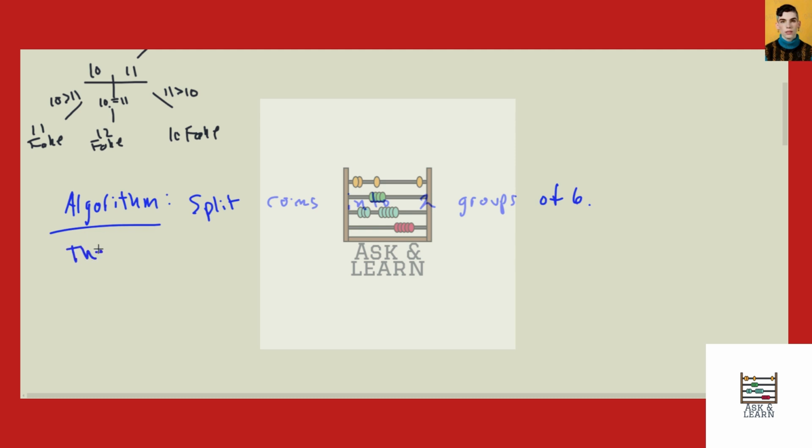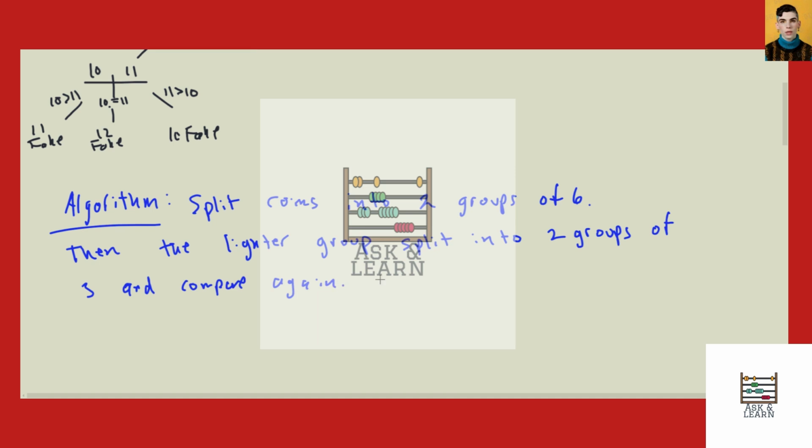So then the lighter group, split into 2 groups of 3 and compare again. Now this lighter group, compare